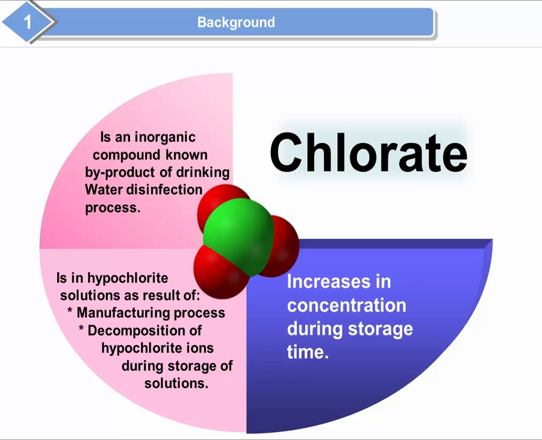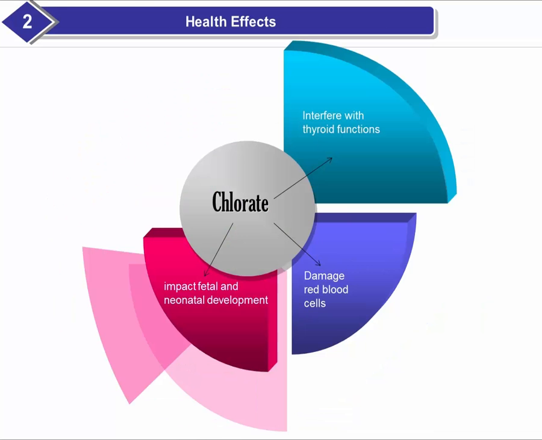Chlorate increases in concentration during storage as a function of time, temperature, and other chemical factors. The amount of chlorate in drinking water depends on a number of chemical reactions in both the formation of these disinfectants and the conditions in which they are used. As a result, concentration of the chlorate ion can vary at different points within the system and at different times